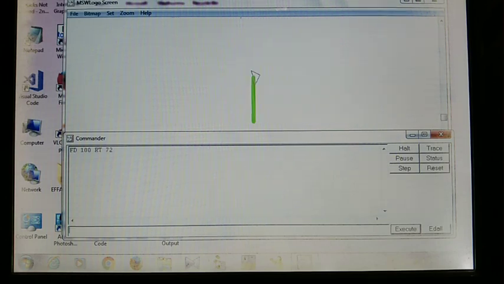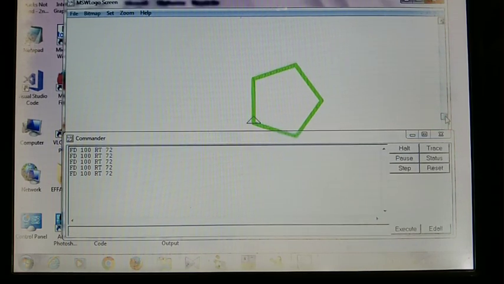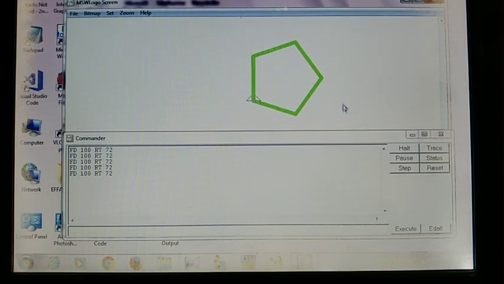Press the enter key for one side, then I type the same commands and press enter, repeating for each remaining side. Here your pentagon is drawn on your computer screen.